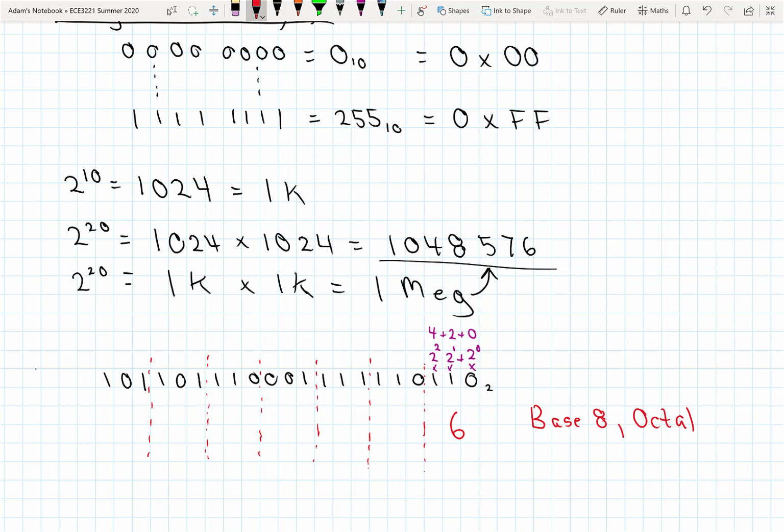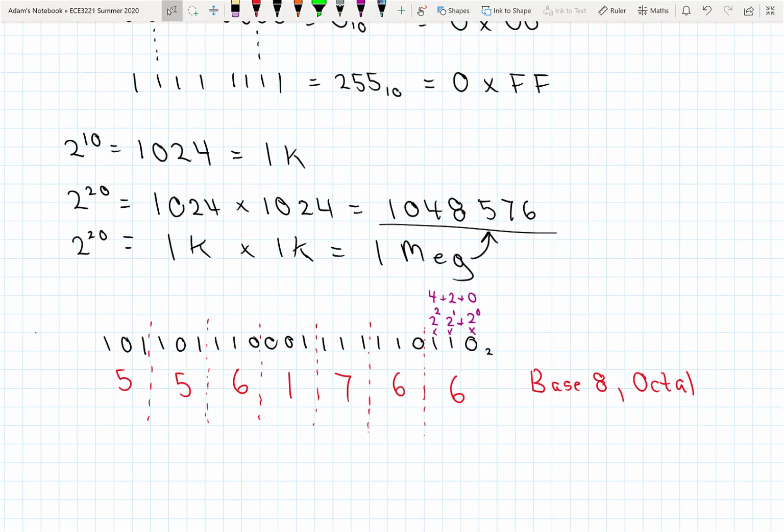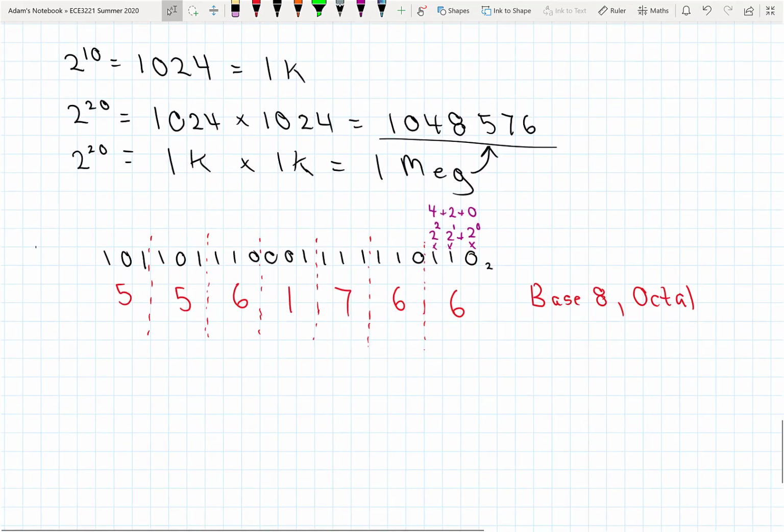Okay, you might find it easier just to remember these conversions because you convert back and forth quite a bit. So this is the value of 6, value of 6, value of 7, value of 1, value of 6, a value of 5, and a value of 5. Again, if you want to see how these conversions are done, you can see that in chapter 6. In fact, I'll give you